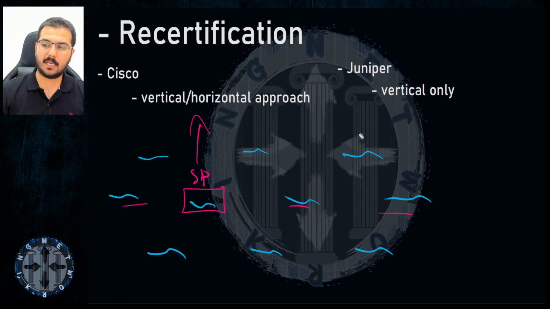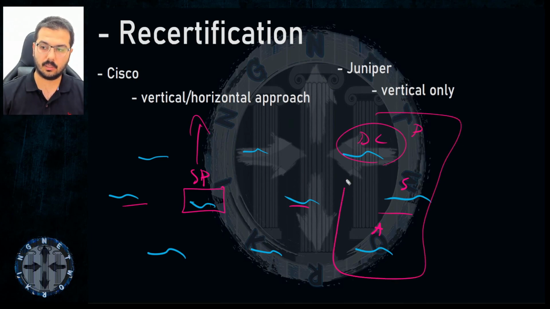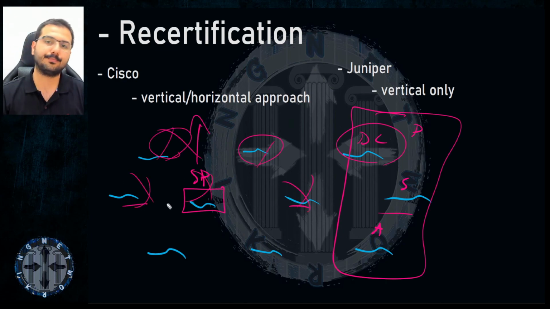If you pass the Juniper professional level of data center technologies, it will recertify that certificate and what's below it, like specialist level in data center and associate level in data center only. That's it, vertical only. It will not touch the other professionals, nor the other specialist levels. Why? I don't know. It's really killing me here, but I don't know what I can do.